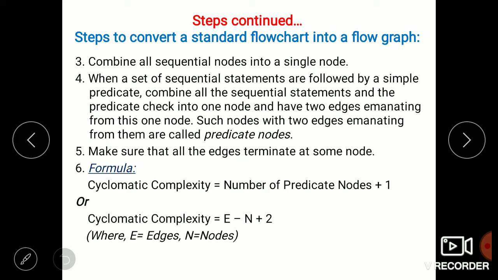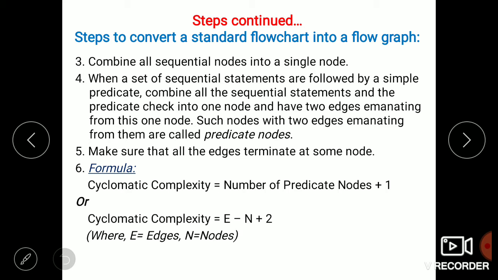Next, the fifth step is to make sure that all the edges terminate at some node. Add a node to represent all the sets of sequential statements at the end of the program. Your edges should terminate at one node, and that node should be the end of the program. To calculate the cyclomatic complexity, there is a formula: cyclomatic complexity equals the number of predicate nodes plus 1, that is, P plus 1.